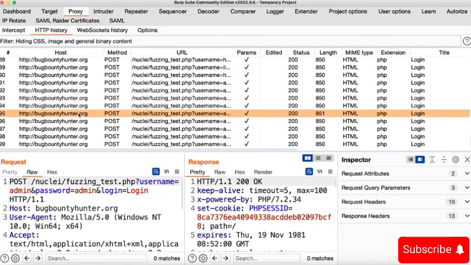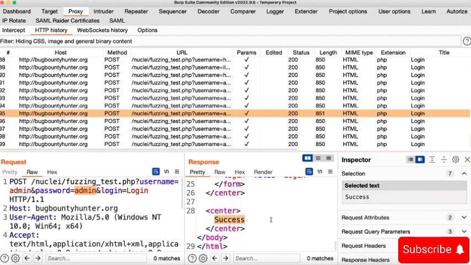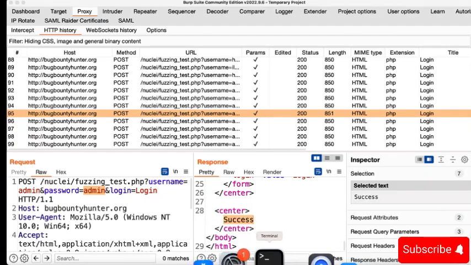You can see this is the specific request that was sent, in which the admin username was already known and was hard-coded in the template, but we fuzzed this specific position, which is password equals to, and we successfully got a success message. So I hope you guys understood how you can use battering ram fuzzing technique to